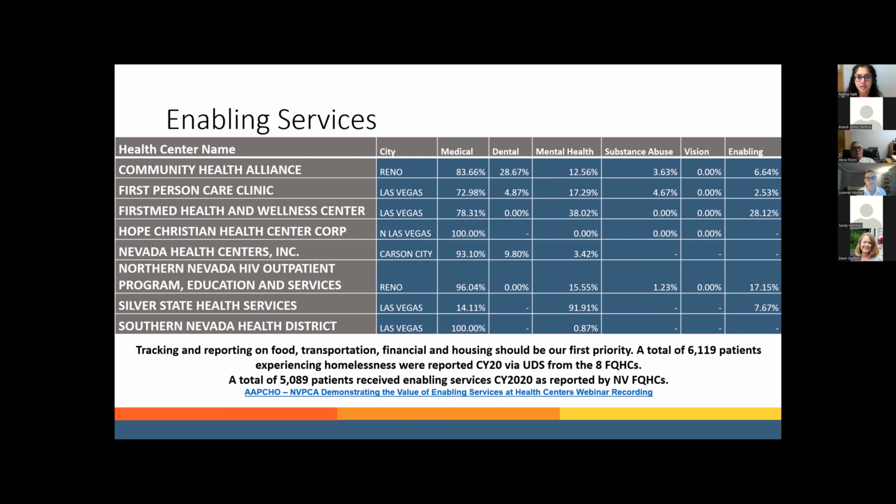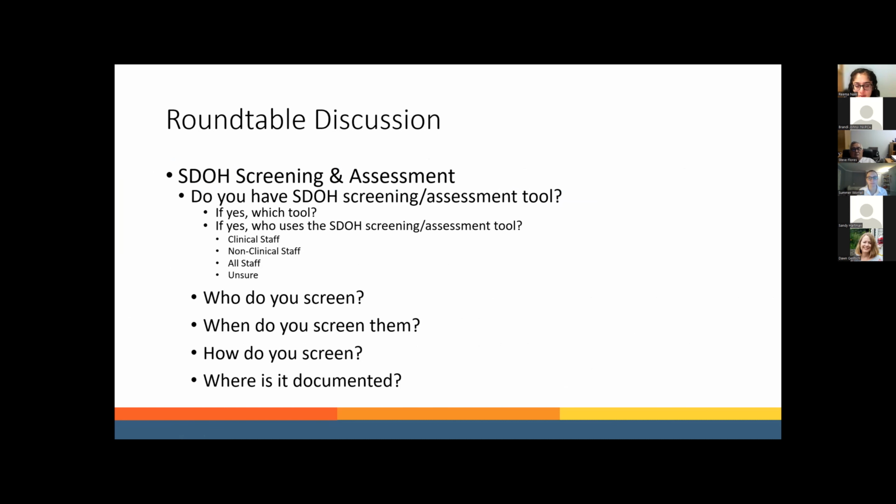And to follow up again on some of the things that we wanted to go over: for those of you who are currently screening, who is screening on these social determinants of health? Is it your enabling service staff, or is it your clinical staff? And has anyone been facing barriers? We know that Sandy, you mentioned that there are current barriers with using the PRAPARE tool. Have you been exploring other tools, or has anyone else been exploring other social determinants of health screening tools too?